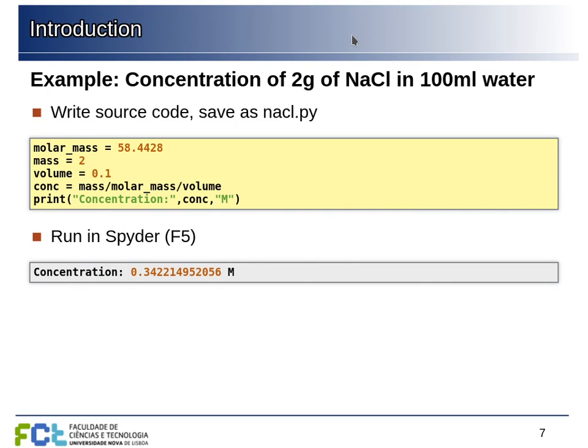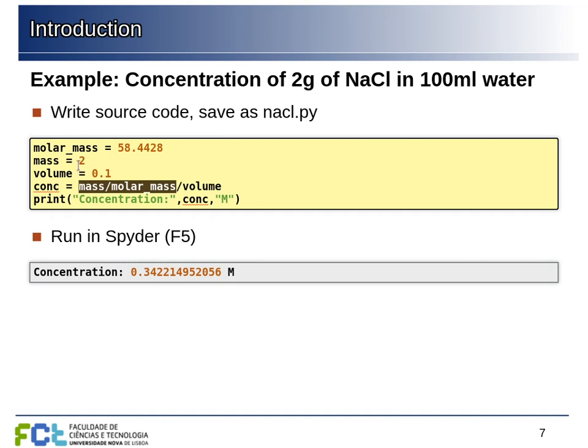So let's see here a simple practical example. Suppose we want to compute the concentration of some mass of salt, sodium chloride, in some volume of water. So we can specify in this case, for example, the mass is 2 grams, the volume is 0.1 liter, but here we also need the molar mass so that we can compute the amount of sodium chloride. And now we can compute the concentration, which is the mass that we are adding divided by the molar mass. This is the number of moles